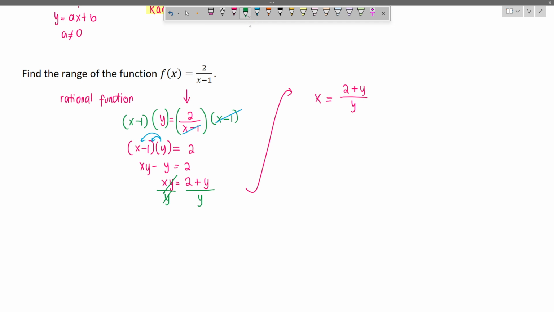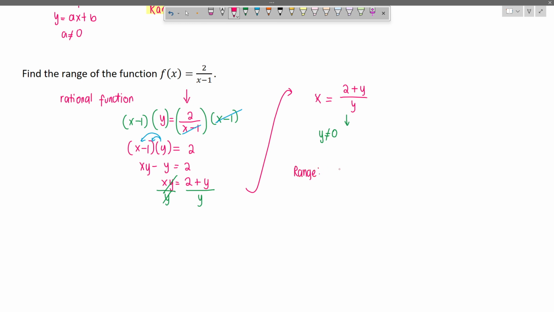And then once we've done this, the process for getting the range is now the same as for getting the domain. We look at the denominator. So the denominator is still not allowed to be 0. So here, in the denominator, we only have y. So y should not be equal to 0. Okay. So our range from here,